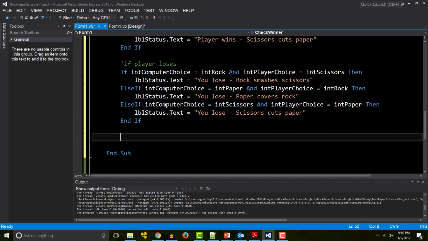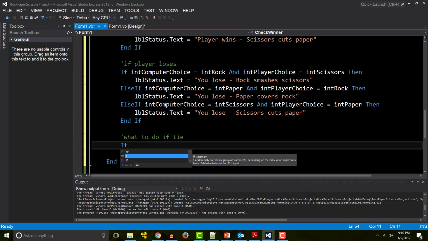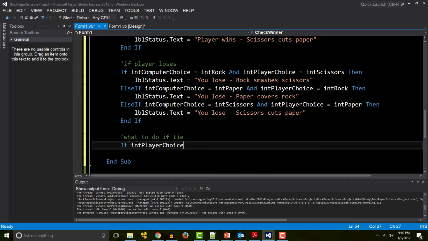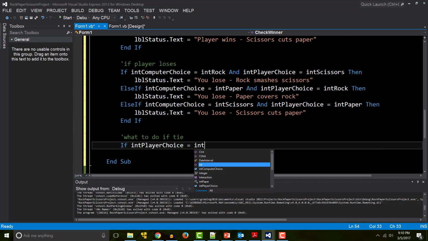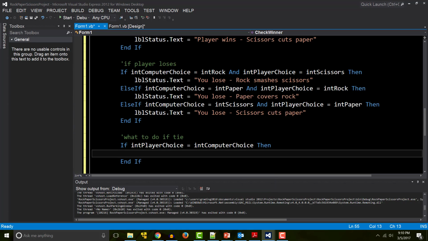So then we can have a case for a tie. What to do if tie? We'll just evaluate: if int player choice equals int computer choice, in other words, they're the same, they both chose the same thing,